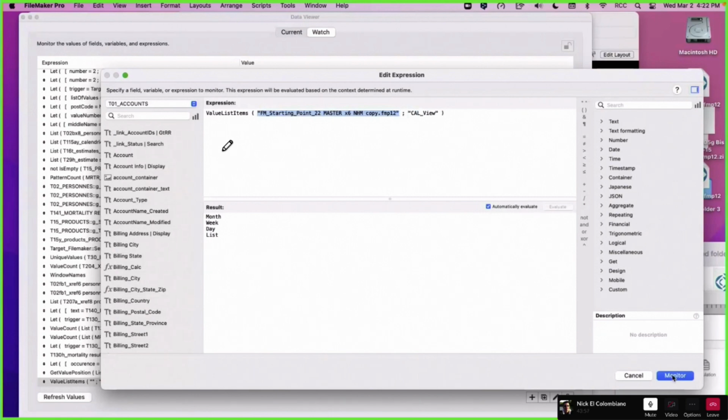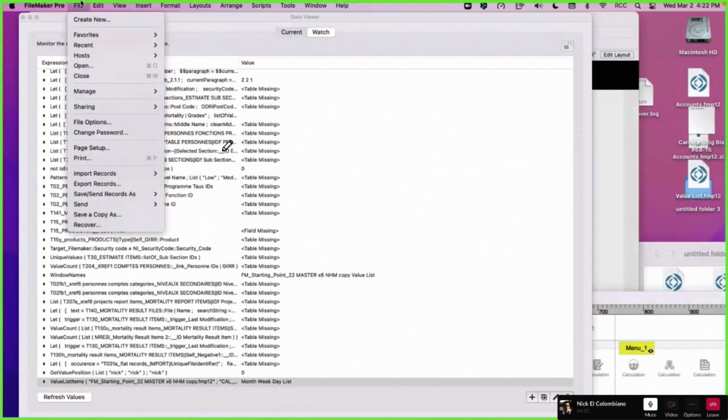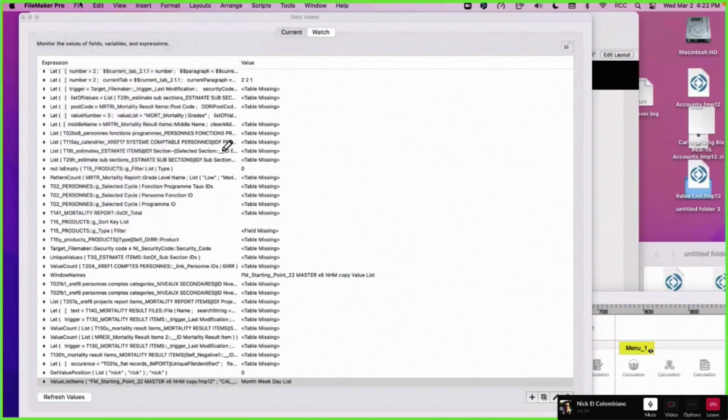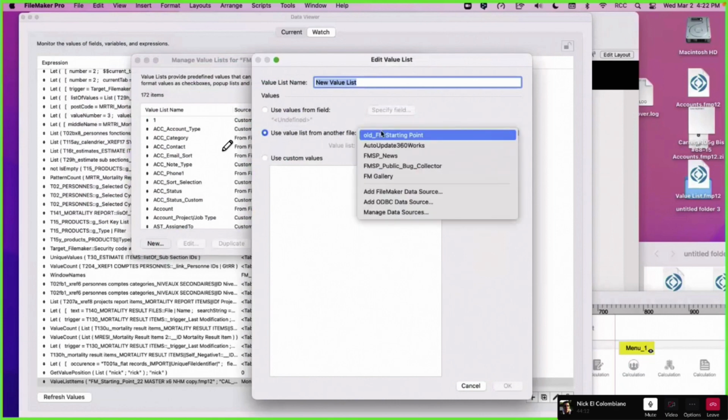So if I want, I can show you. Inherited value list. When you have this, you can go there, create a new one, and say use a value from another file. But here you need to have a data source, right?